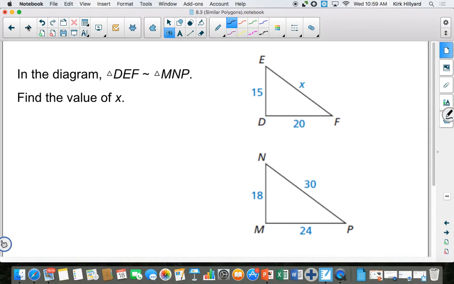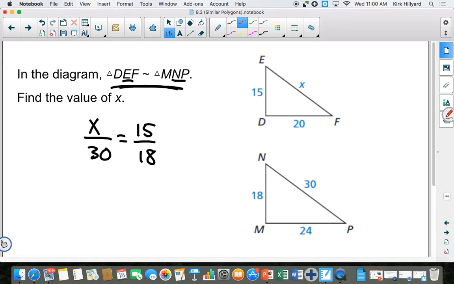So in the diagram, here's our two similar triangles. Find the value of x. So here's where we're going to set up our proportions. So I know that EF is going to correspond to NP. So I'm going to go x over 30, and then I just need to set up another proportion as 15 is to 18. So what I want you to realize is you can match up based on the similarity statement,